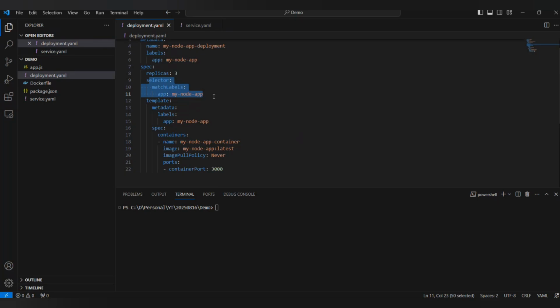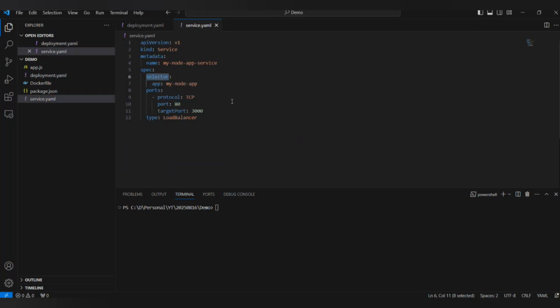So the service knows exactly which ports to send traffic to. The service will listen on port 80 and forward requests to port 3000 inside our containers. We have used the load balancer type, which is the standard way to expose a service in a production environment. Now for the fun part, we will use the kubectl command line tool, which is how we interact with Kubernetes